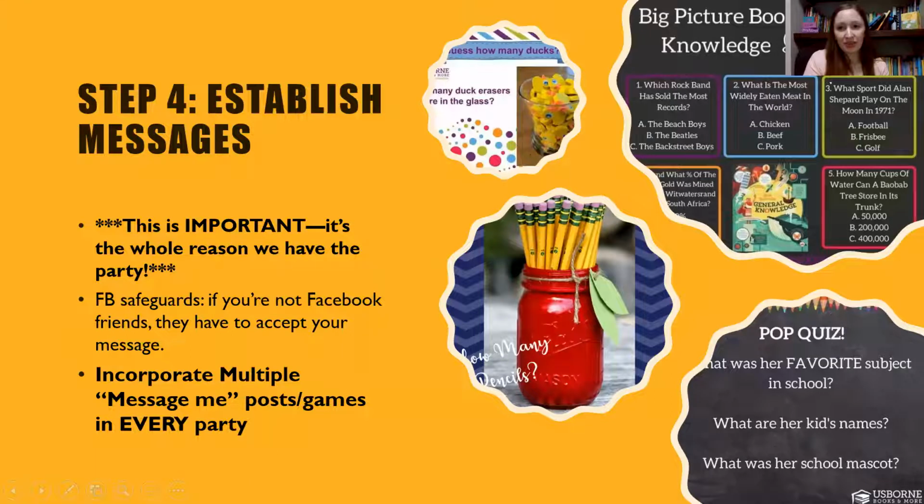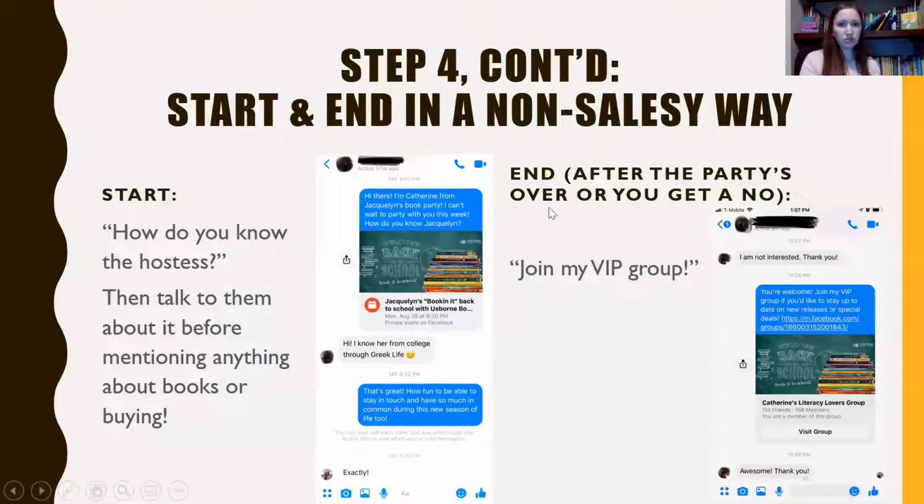Another one is the quiz games. I love those too. The trivia stuff. One thing that's great about them is it shows off a book of ours. I've had lots of people who buy that book because they like the questions in it. And then finally, our first live party post is almost always, how do you know the hostess? And they always give a guess or whatever. And that's another message me post. So here's how we